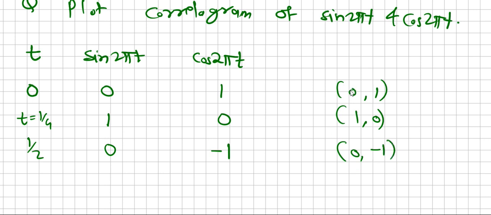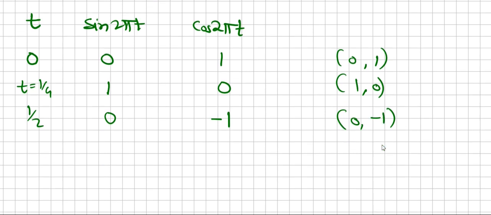So we can have the same x coordinates but different y coordinates also in my correlogram plot. It's not that x and y should be different for each value. X can be the same and y can be different, or x can be different and y can be the same in the correlogram plot.